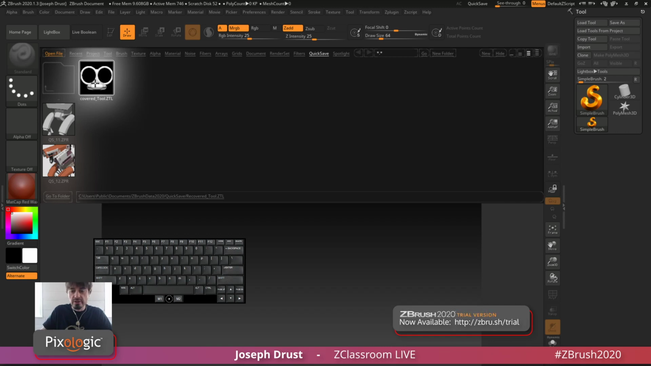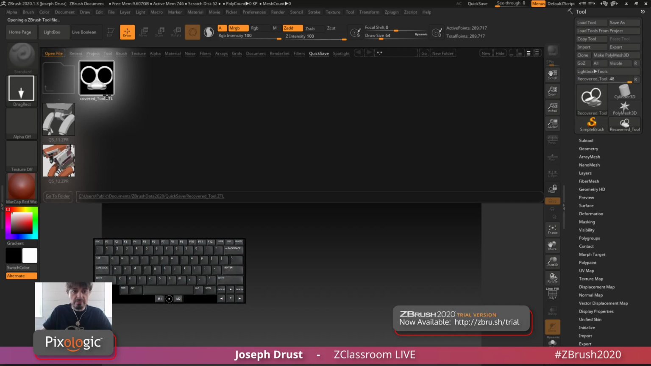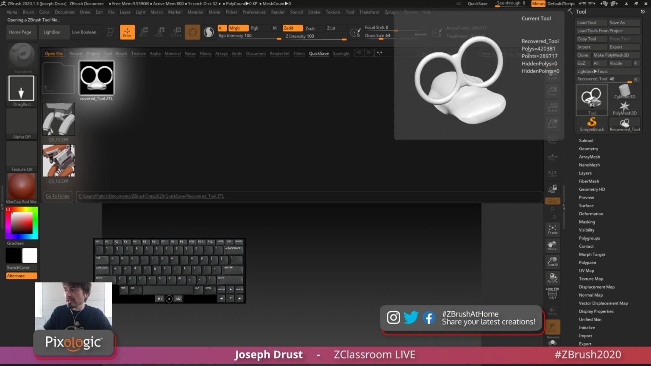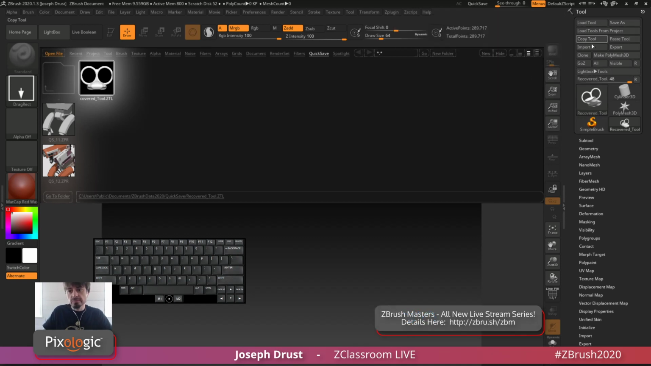So first I'm going to load the file in here, so the ZTL that was recovered. You're going to see nothing happened this time when I clicked it. So I double clicked it and nothing loaded in. However, in the tool palette, you can see it's loaded over here, right? So there is my recovered tool, the one that quick saved when ZBrush went down. So I'm going to come up here and I'm going to click copy tool, and this is just going to